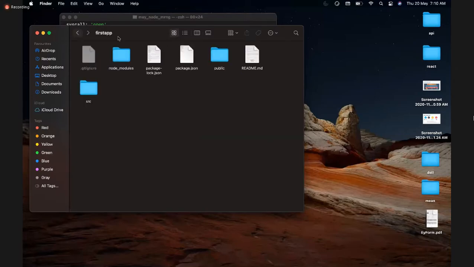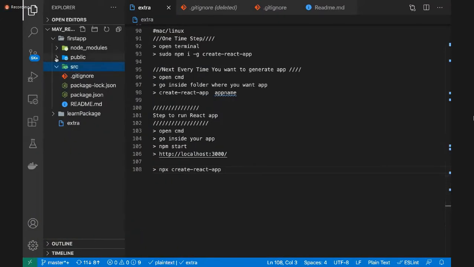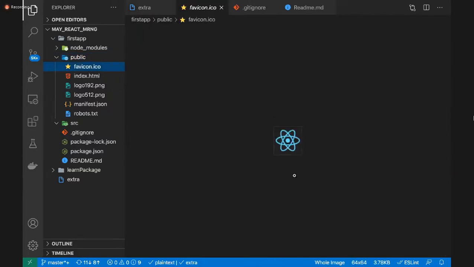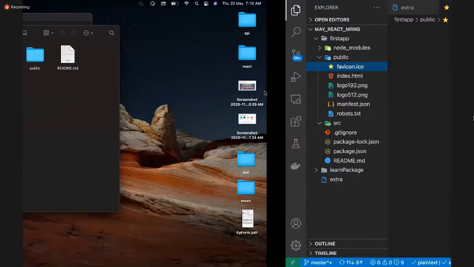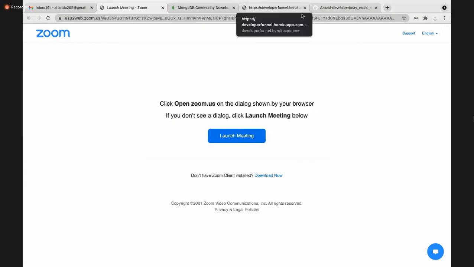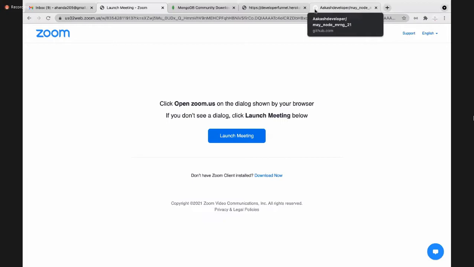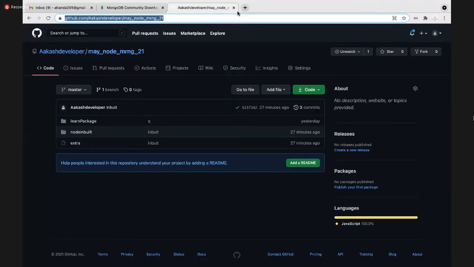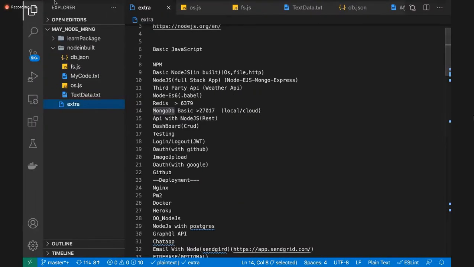Okay. Now we'll go back to the public folder. In the public folder also, there are some files. If we see these files, what is there? One is called favicon. It's an image. Like when you go to the site, you see the icon of GitHub, the icon of MongoDB, the icon of Gmail. So ultimately, this is called favicon.